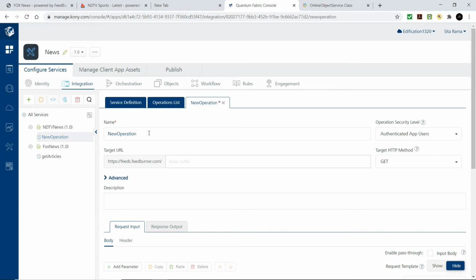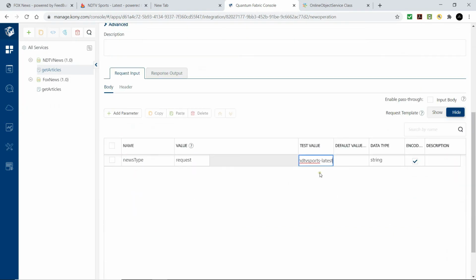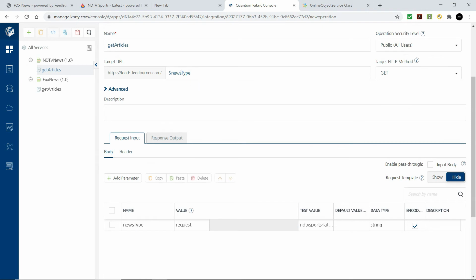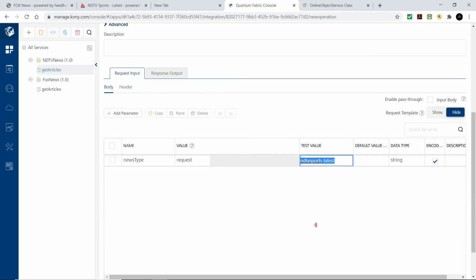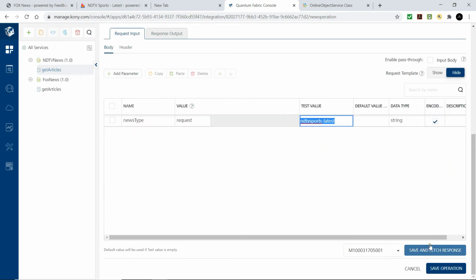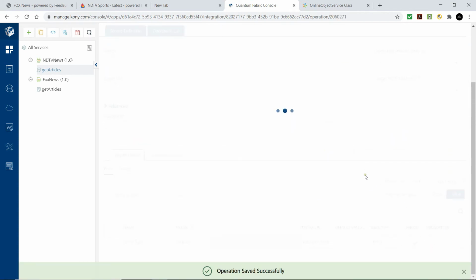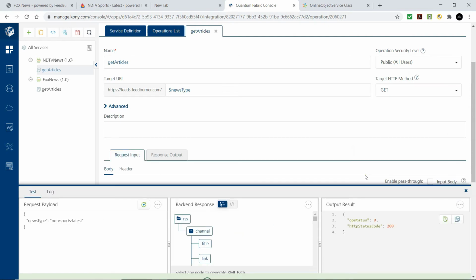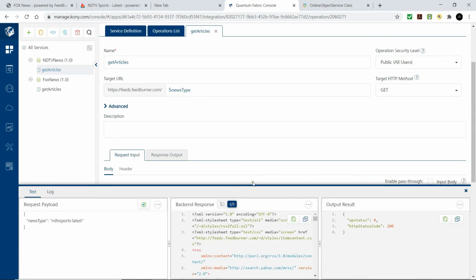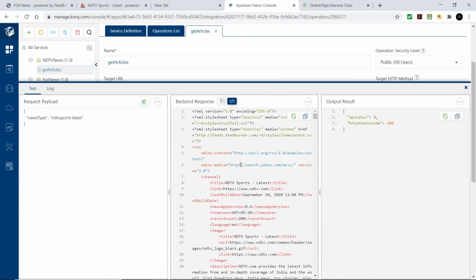We'll define the same operation name, get articles, for the NDTV news feed as well. We are defining the same input parameter news type, and the value of the input parameter, the test value, we are passing as per the NDTV news feed. This is how the NDTV news feed looks like.